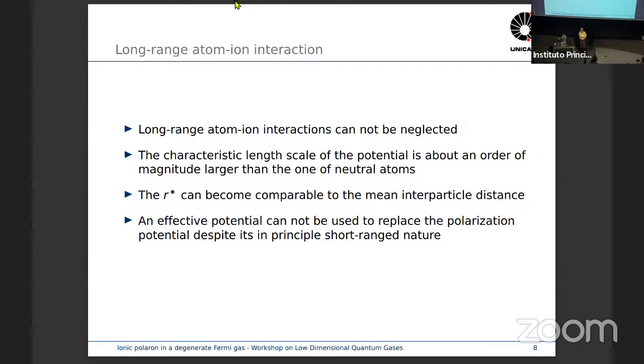This interaction cannot be neglected. Why can we not neglect this interaction? Because the characteristic length scale is an order of magnitude larger than for neutral atoms. The length scale can become comparable to the interparticle distances. In this case, an effective potential cannot be used to replace the polarization potential, despite, in principle, its short-range nature. Usually, long-range potentials are Coulomb potentials, not R⁴, but because the range of the potential is typically equal to the interparticle separation, we need to take into account this